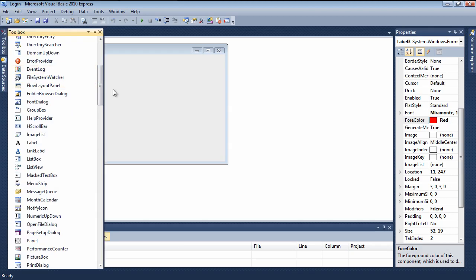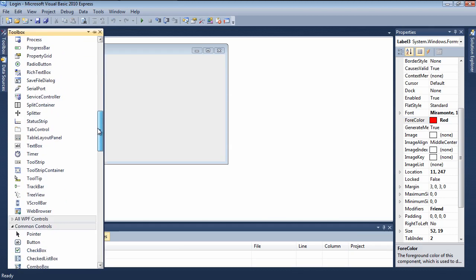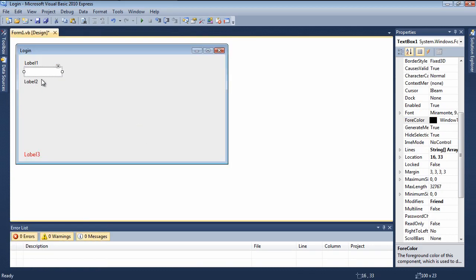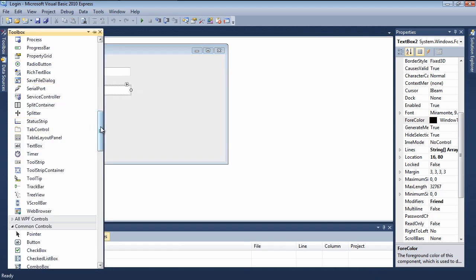Next, you want to add 2 text boxes. 1 text box, just increase the size to about that, and then the 2nd text box. Also, you want to add a button,